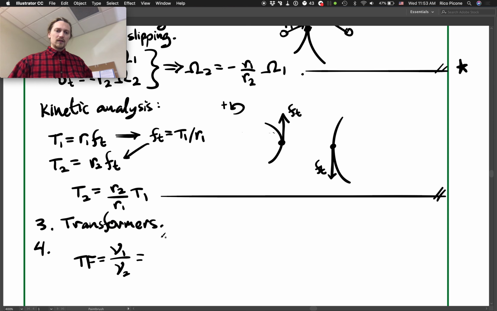I'll put this star right here to tell you that's what happened at this equals. The star equation says that omega 1 over omega 2 is equal to negative